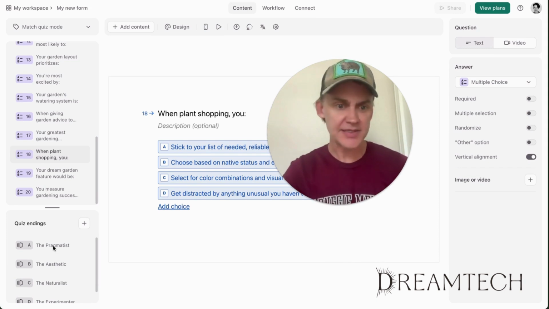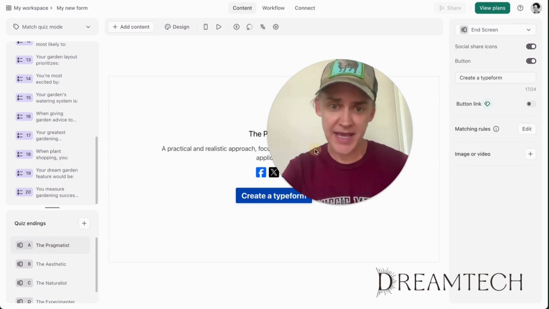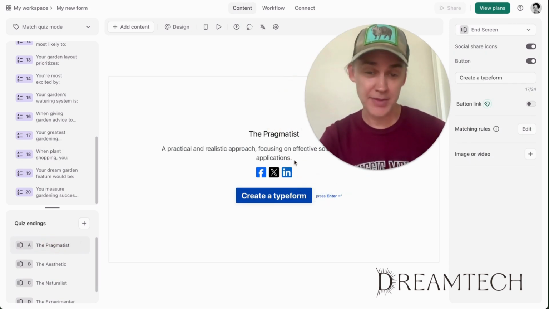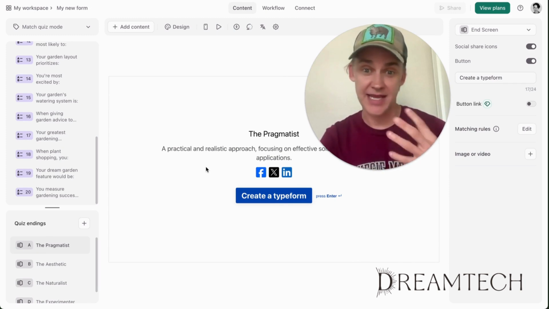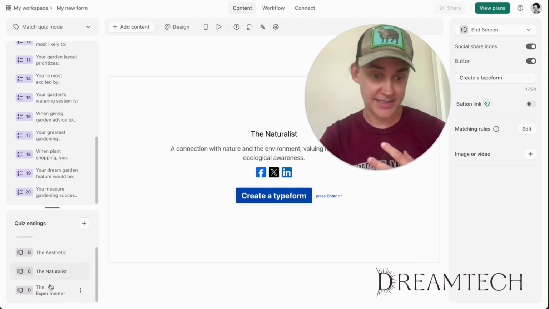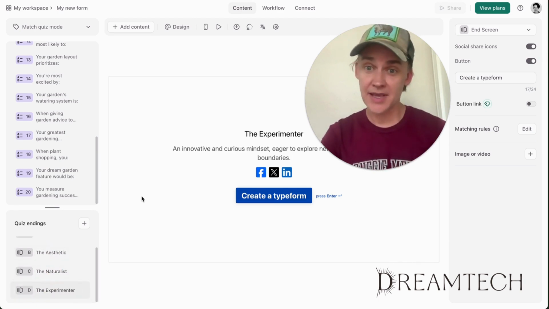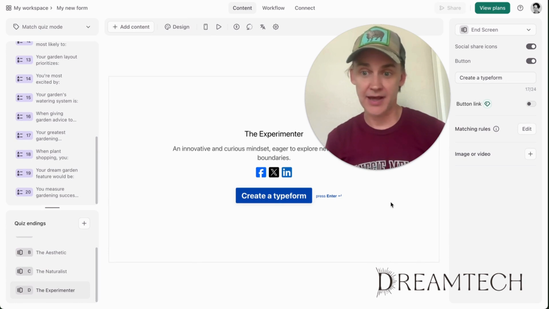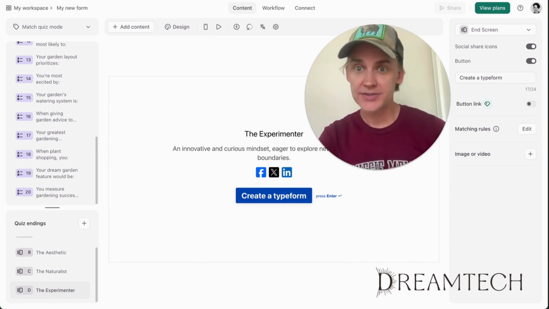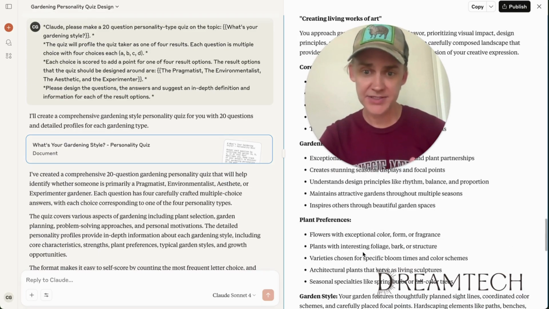ecosystem. So, like if we were to click on one of these pages, you'll see this is pretty boring. This would be a very lackluster result to get after taking a quiz. And they're probably the same for all of them. The good news is when you created your content with Claude, you actually also generated content for these pages as well. If you go back to your content, you'll actually see